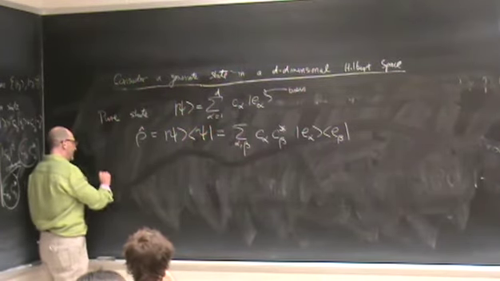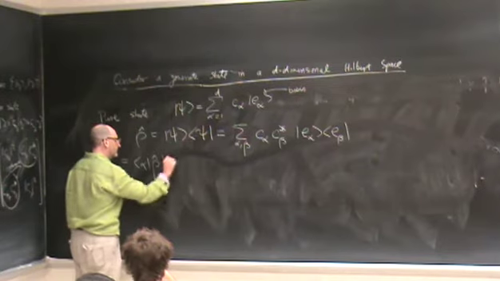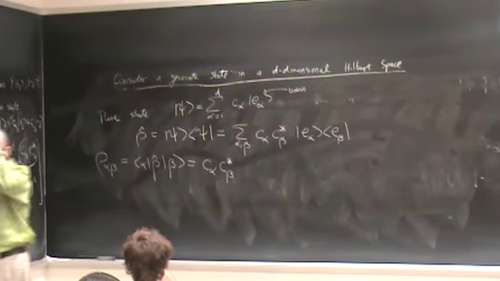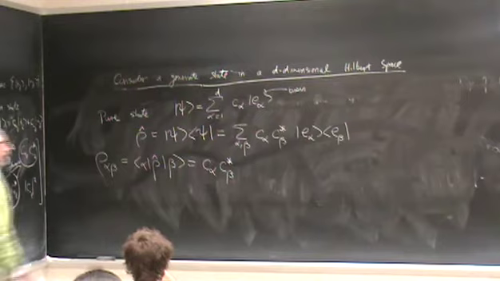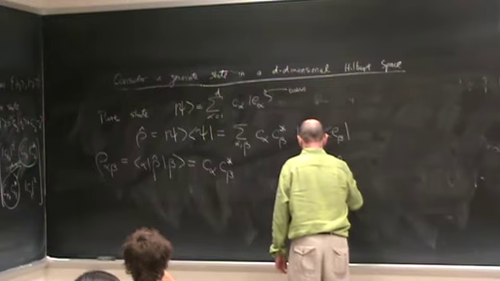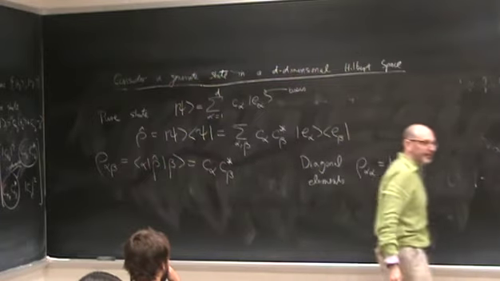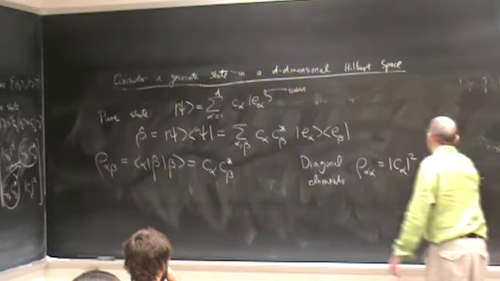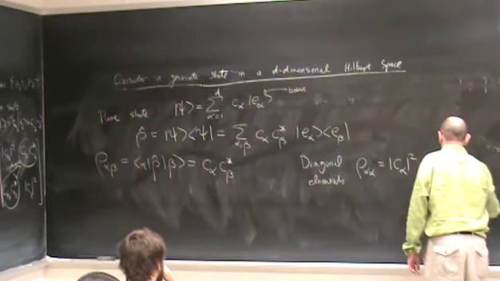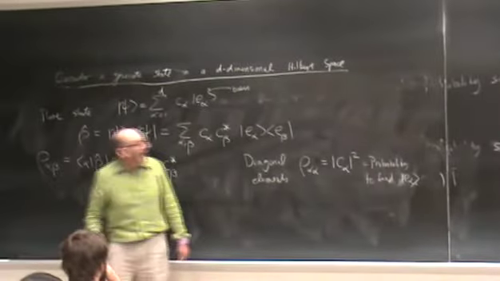So the matrix elements here, right? It's bilinear like that. So again, the diagonal elements of this is equal to this, which is equal to the probability to find the system in that basis state. And then the off-diagonal elements,